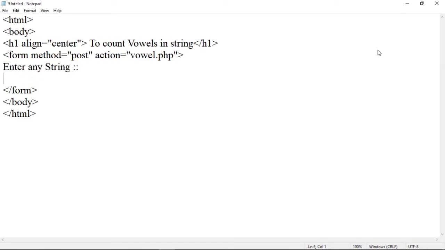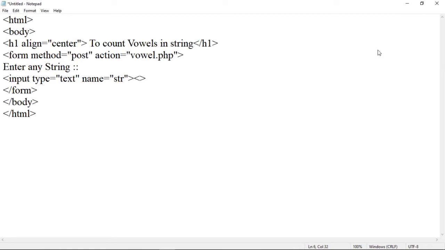Now in front of this we want a text box. So to create a text box, use input type is equal to text. Specify a name for this text box. Suppose that name is str.